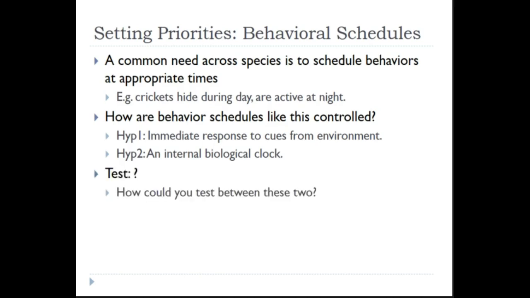So this is my question to you: how could you tell between the two of these? What could we do in an experiment to test between these two hypotheses? And you already have your hand up, so yeah. You could take some crickets and keep them in a controlled environment, like a constant temperature with ample food supply. Mm-hmm. Either constantly in the dark or constantly in the light. Right, okay.